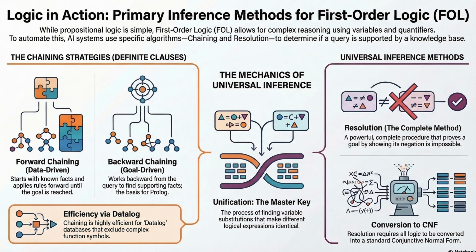It checks number 1. Is West American? It looks in the database. Yes, it's a fact. Check. Now number 2. Did West sell a weapon? It doesn't find that fact directly, but it finds a rule: missiles are weapons. So now it has a new sub-sub goal. Did West sell missiles? It's working perfectly backwards from the conclusion to the raw evidence. Exactly. This is much more focused than forward chaining. It only explores things directly relevant to the question you asked.